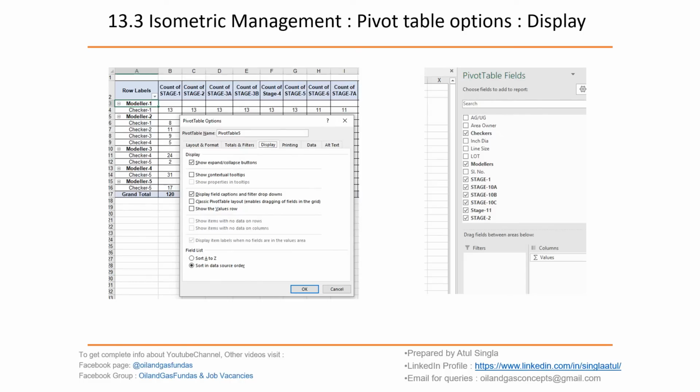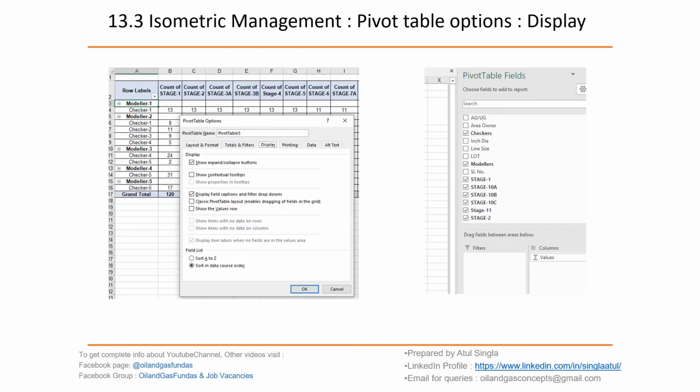Now this is a very simple and commonly used option within the pivot table options: Display. If you right click on the table, go to pivot table options, then this tab will be there, then just click here. Classic pivot table layout enables dragging of fields in the grid.